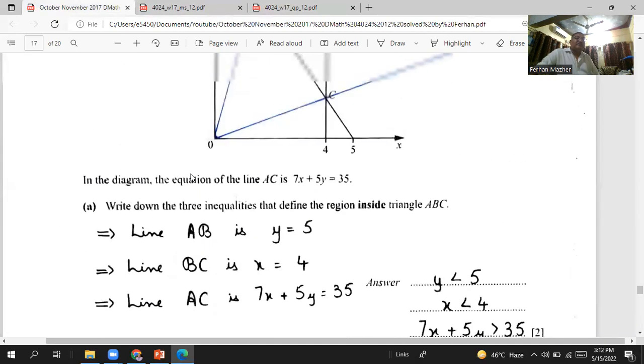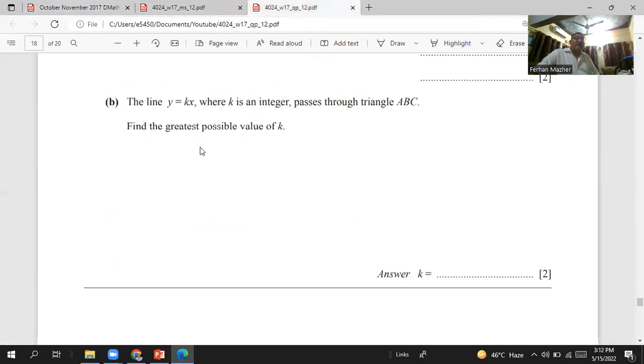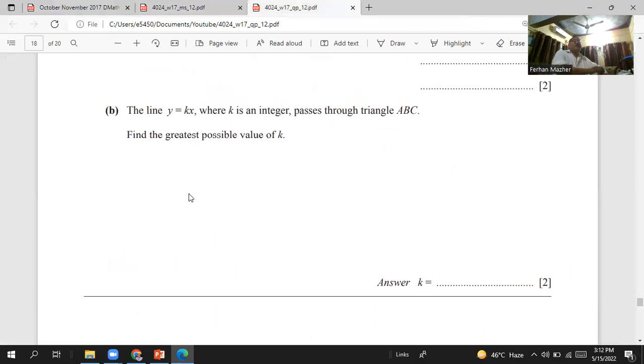Then he says, it's a very important and tricky question. He says the line y equals kx. You see, the line y equals kx is such a line which has a positive or negative slope, but the y-intercept is 0. That's why there is no c. So y equals mx or y equals kx is a straight line which passes through the origin. If you look at your graph,